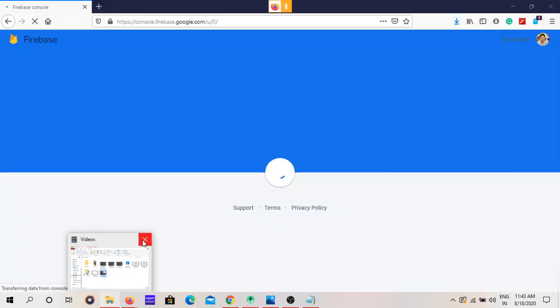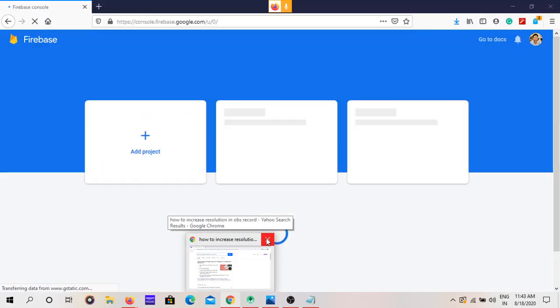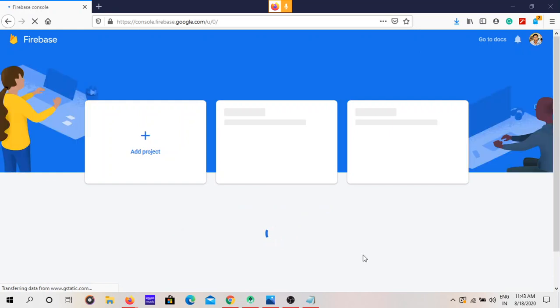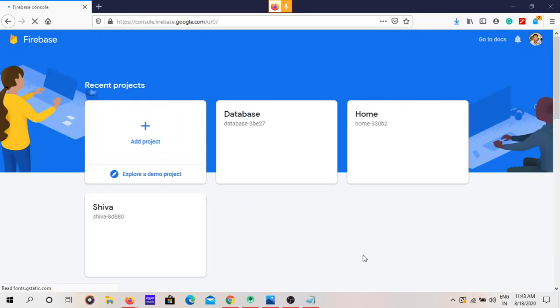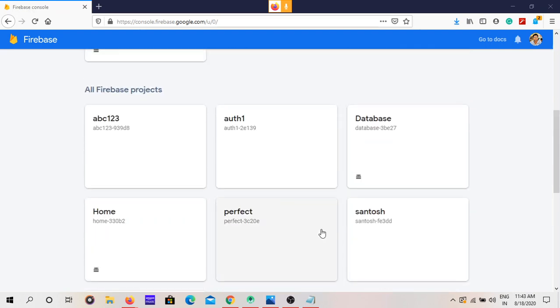Okay, it is loading. Let's close everything. Close the Google. See, I have done this many projects using Firebase.